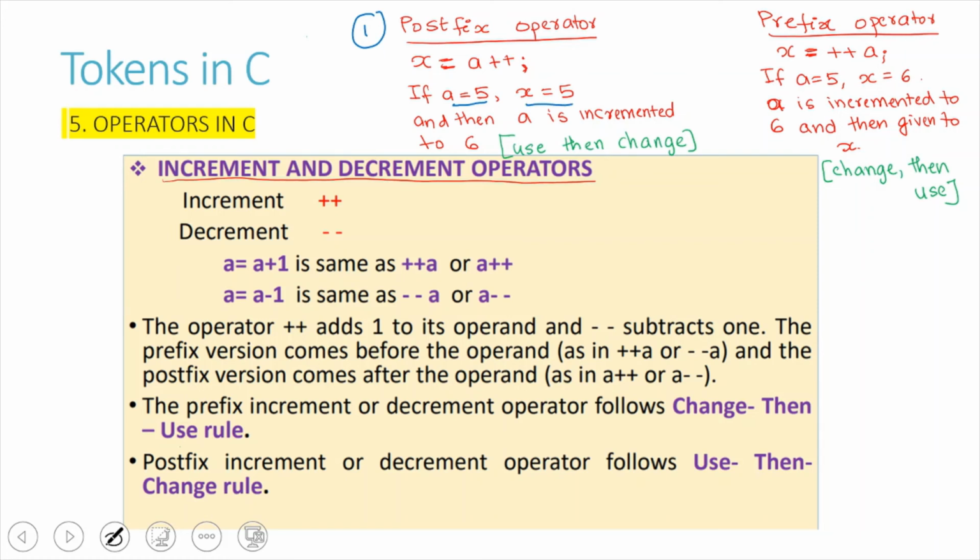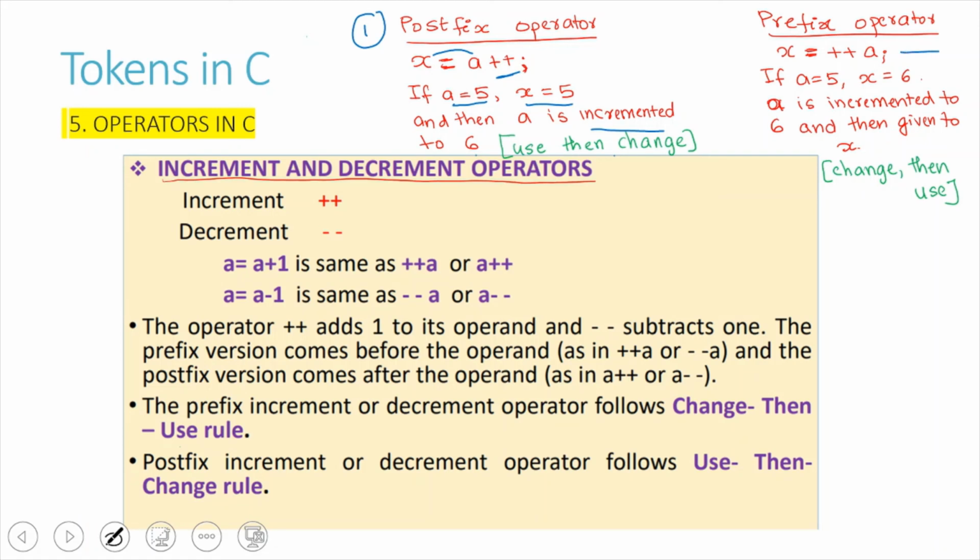Only after that, a will be incremented to 6. So first the value of a is given, then it is incremented. So it is also called use and then change. First the value of a is copied to x and then a is incremented. That is why it is called postfix: it is kept after the value of a.